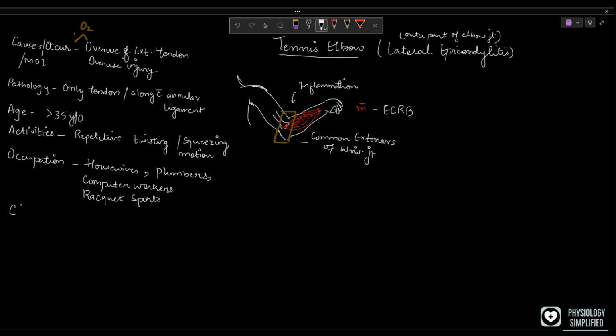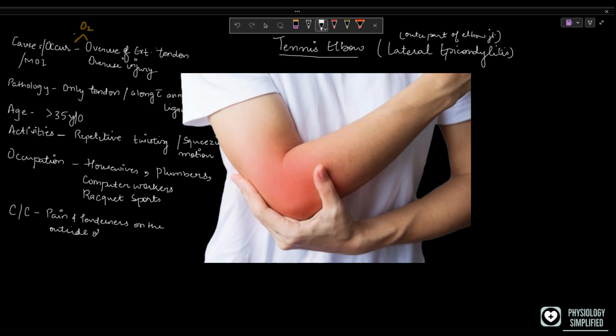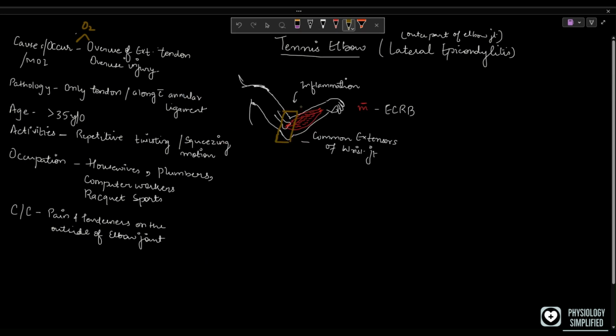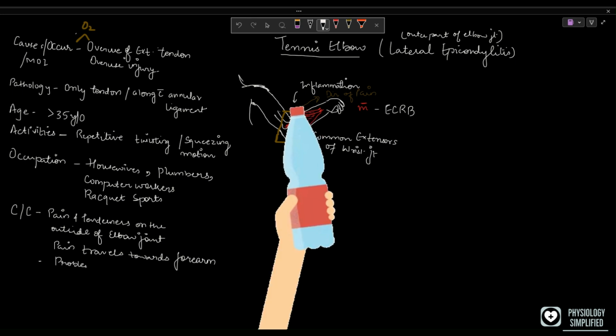Moving on to the chief complaints, the person having tennis elbow will complain of pain, tenderness, burning sensation on the outer part of the elbow, where the attachment of the common extensors is located. When the disease progresses, the pain moves from your elbow towards your wrist joint. And in most cases, the wrist also becomes painful. This will cause difficulty in gripping objects,